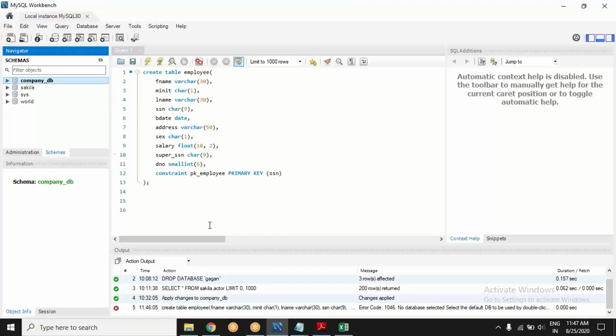So just double click that. When you do that, it will appear here that now your schema is company DB. Whatever you want to create or update or drop, it is regarding the company DB database. Done so far? Along with me?